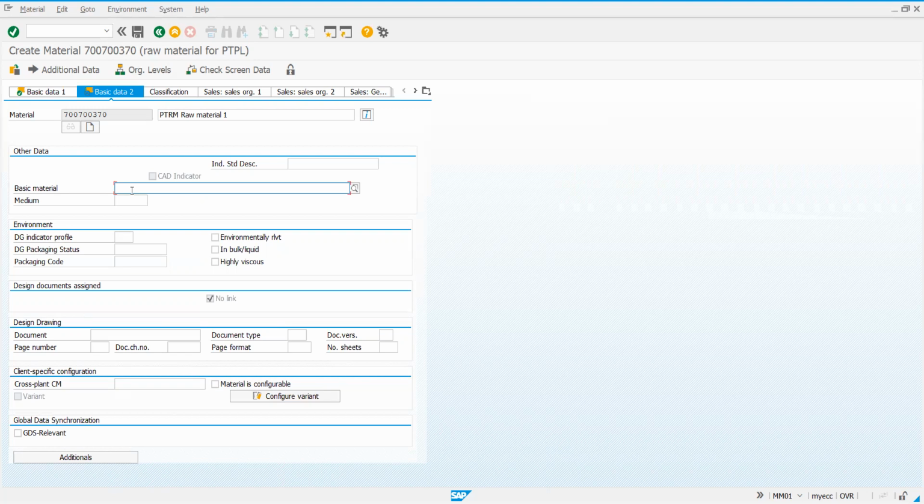To give a bit more information, DG, whatever you are observing here, environment, this specifies whether or not the new material should be classified as dangerous good. If you are working with goods which are flammable, which can catch fire, or very fragile, or glass related things which can cause some harm, then define what is environmentally relevant or not.